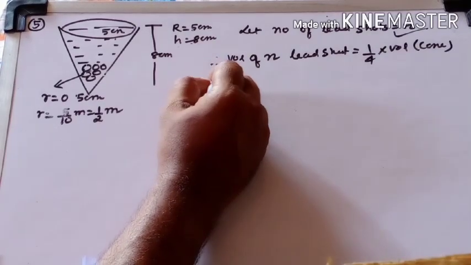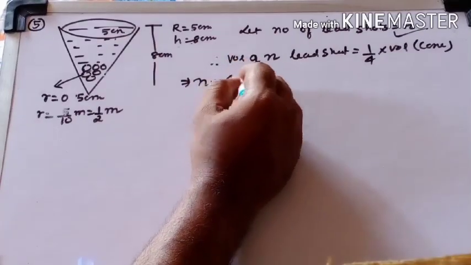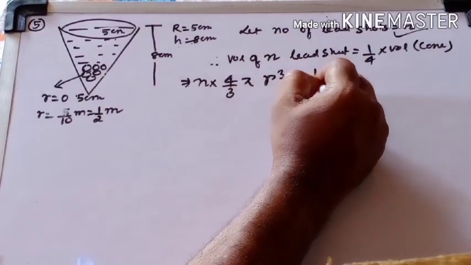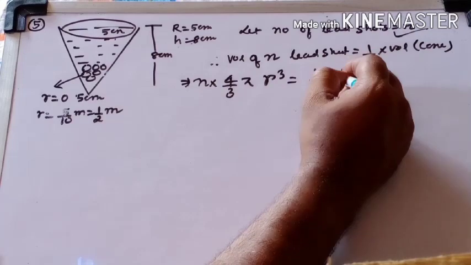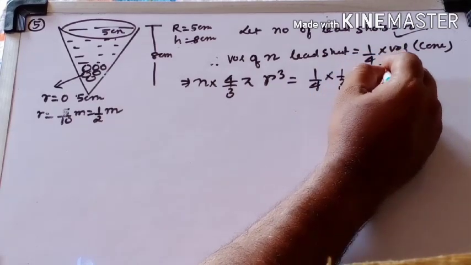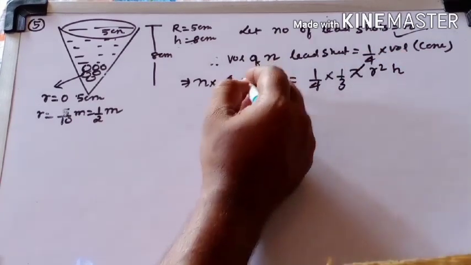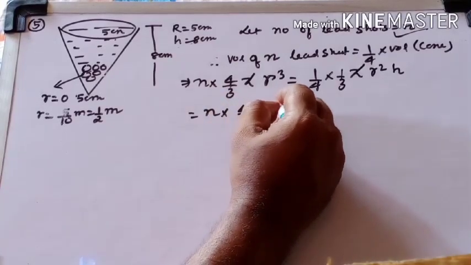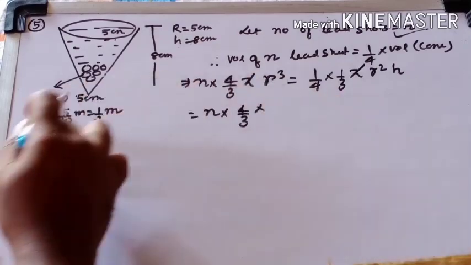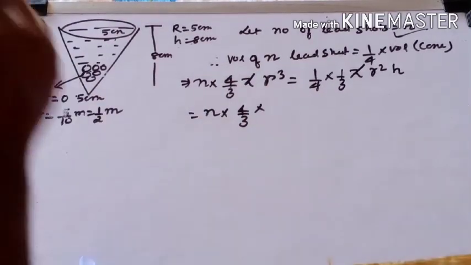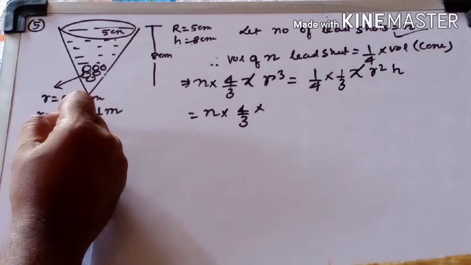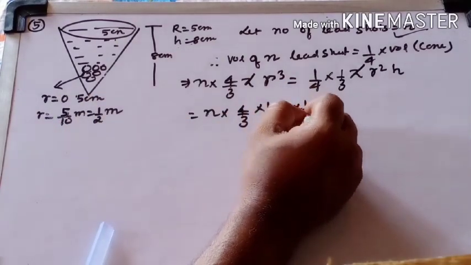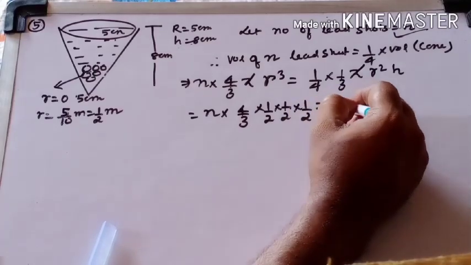It implies that n into volume of a sphere, which is 4 by 3 pi capital r cube, that is equal to 1 by 4 into volume of cone, which is 1 by 3 pi small r square h. Pi will be cancelled by pi. So it is n into 4 by 3 into r cube. R cube, we will put the value. R is given 1 by 2. Radius is 0.5, so that can be written as 5 by 10 centimeter, which is 1 by 2. So 1 by 2 into 1 by 2 into 1 by 2 is equal to 1 by 4 into 1